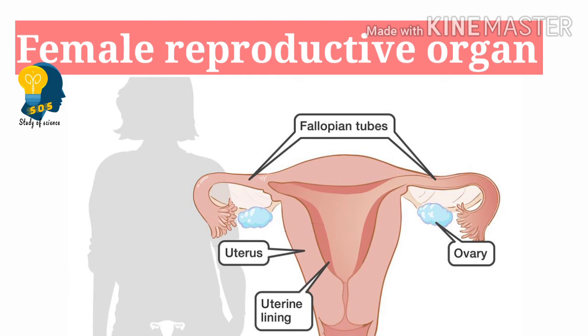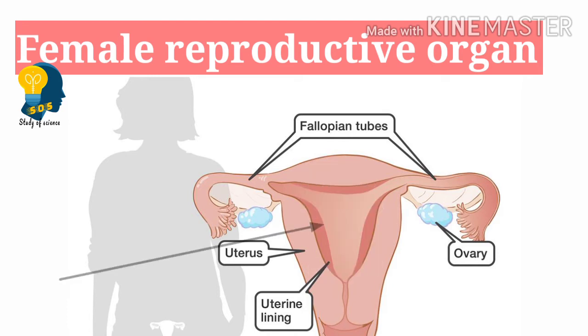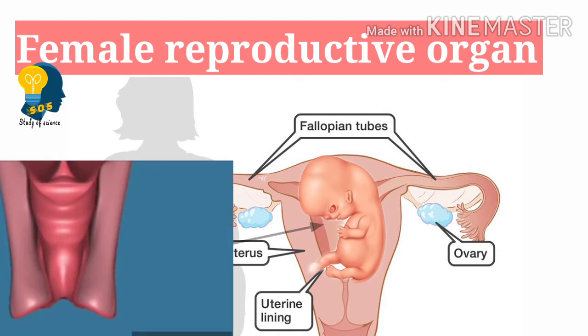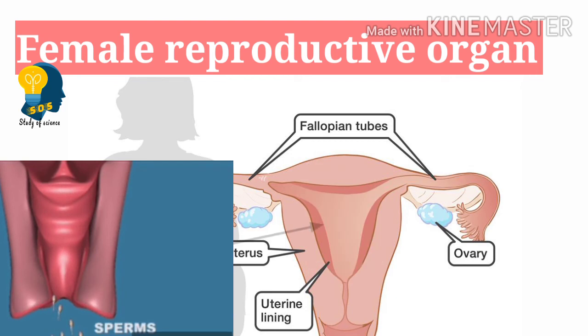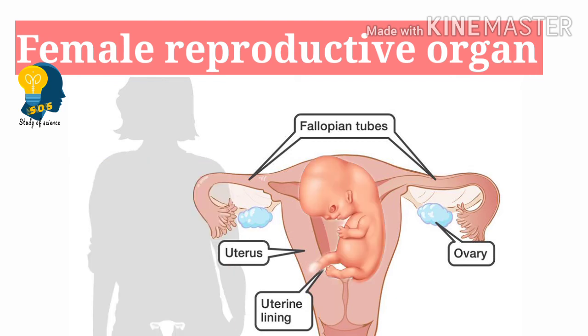So what is the function of uterus then? The uterus is a region where the development of embryo takes place. What is meant by an embryo? Embryo is called a fertilized egg. Fertilized egg means, when does that egg get fertilized? When there is fusion of the male and the female gamete, then the egg gets fertilized. Once the egg gets fertilized, what happens? There is a formation of embryo.